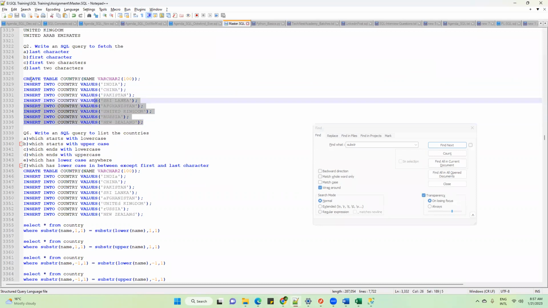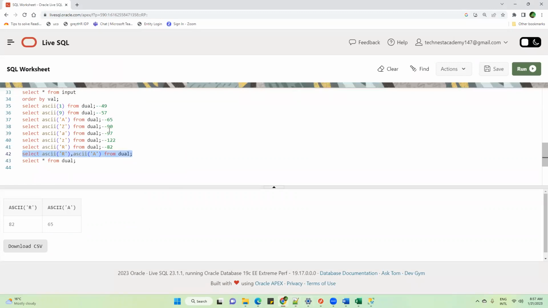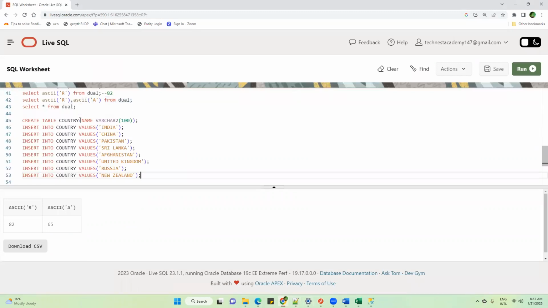Okay, let me take this example. In the beginning, you might be feeling, especially those who already know SQL, that we are going very slow. I do agree, but for a few classes you have to bear with us because we have participants from various backgrounds.